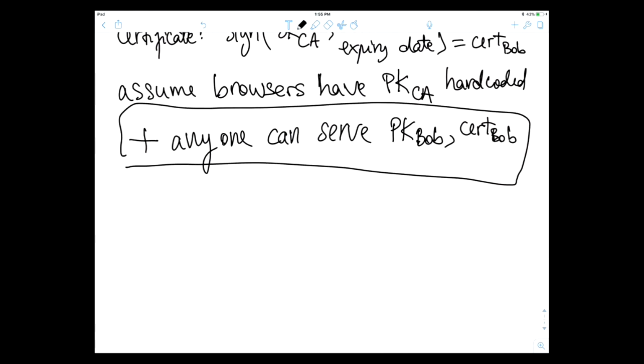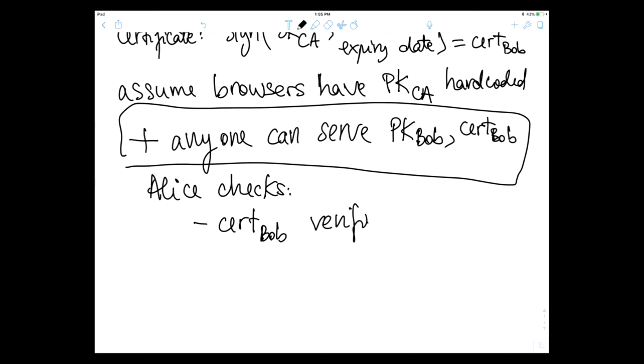And then what Alice checks, similarly, is that the cert of Bob verifies with the public key of the CA, and is not expired. Okay, so this is a difference.